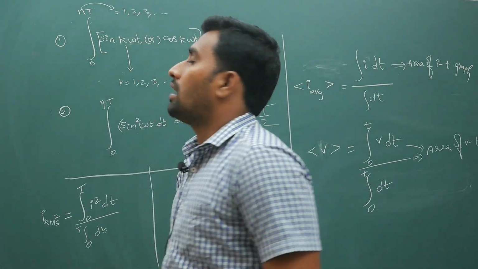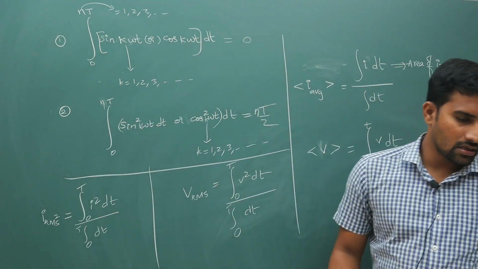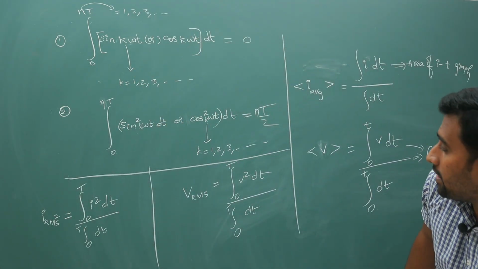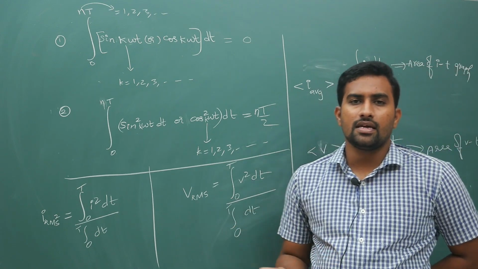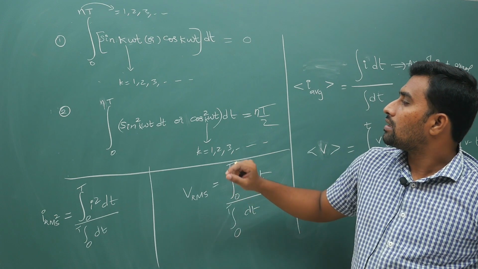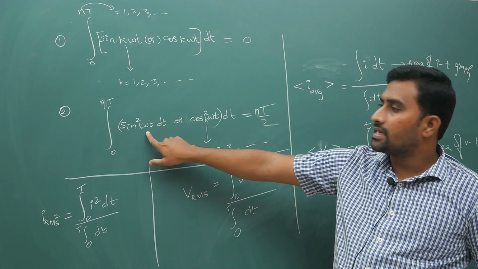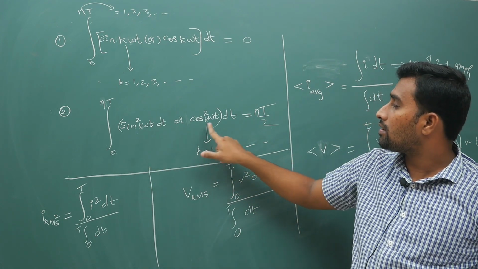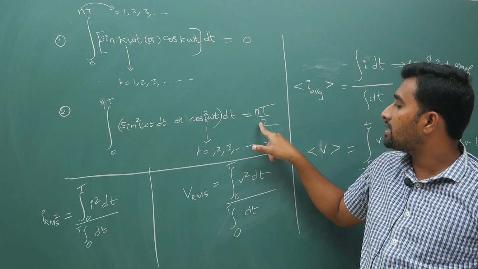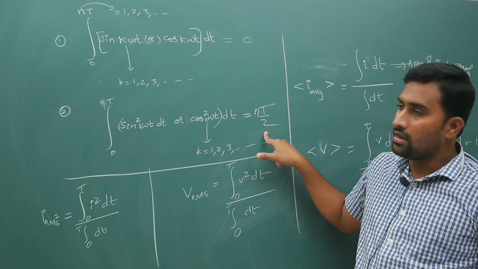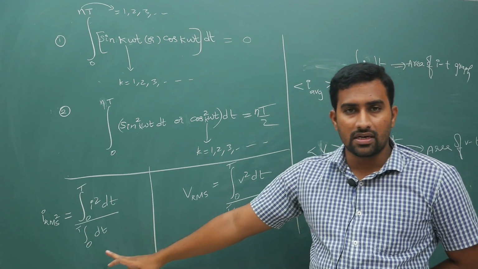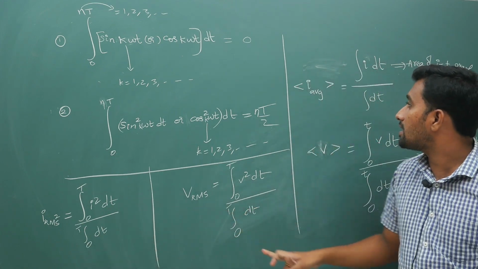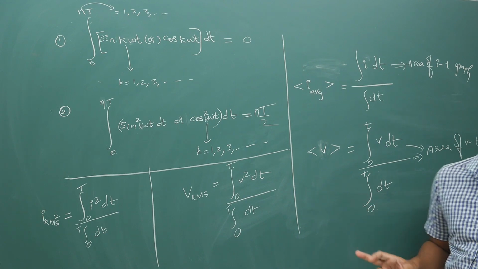Okay, I have changed the battery. A small part did not actually get recorded, but anyhow, I have defined the RMS value. Now you remember that the integral of sine square k omega t or cos square k omega t dt is t by 2. How did you actually get this? I will explain now, don't worry. And your definition of RMS value is like this, your average values are like this.